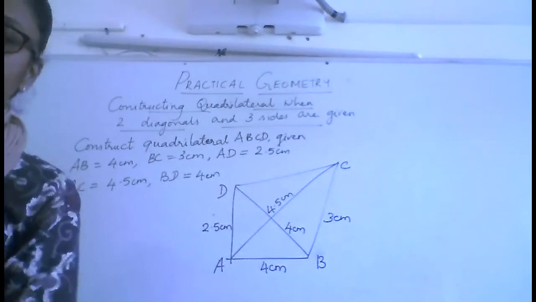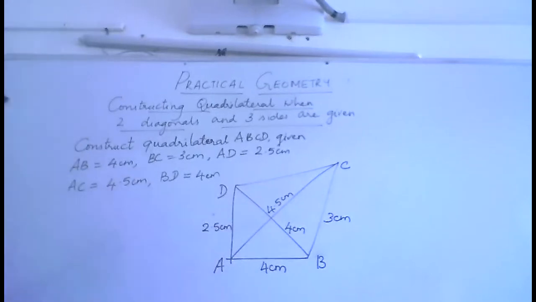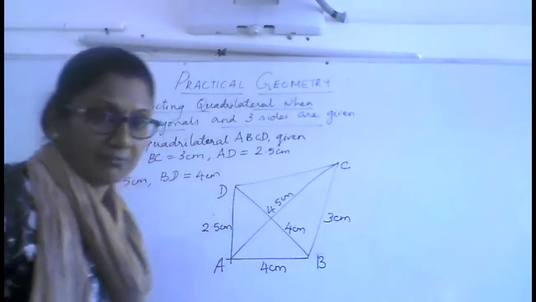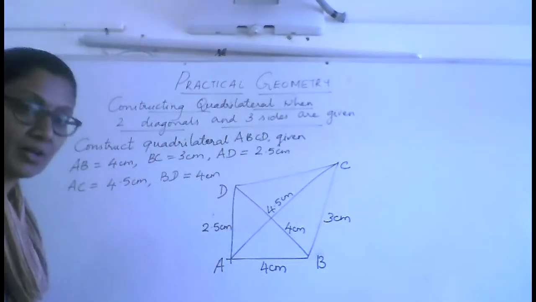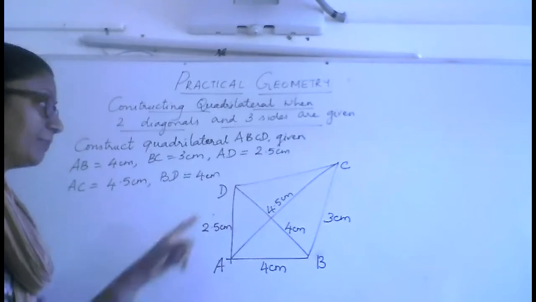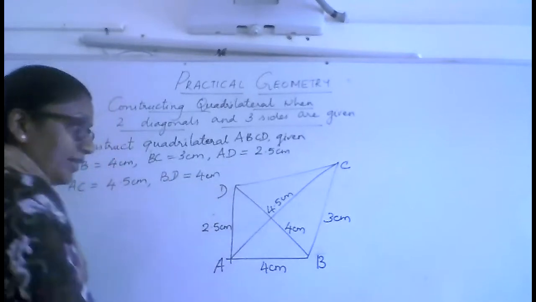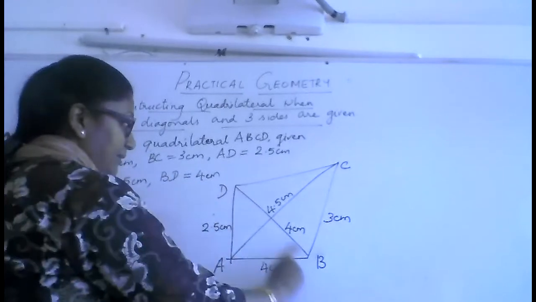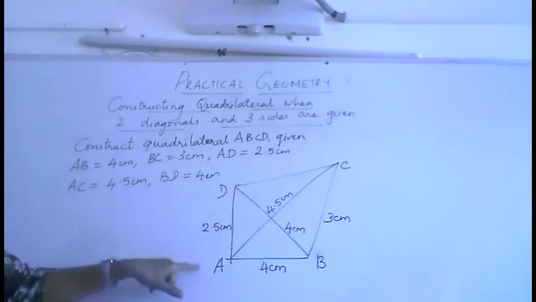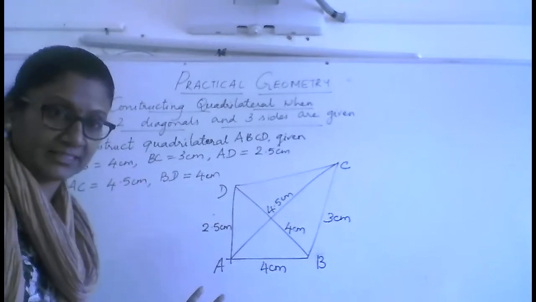So you have the rough diagram ready now with three sides and the two diagonals given to you. Now how are you going to construct this quadrilateral? Like we did the previous one, whenever you are constructing a quadrilateral when one or two of its diagonals are given, you have to remember to split it into triangles. So ABD is one triangle. First look at this triangle ABD. Are all three sides known to me in ABD? AD, AB and BD. So when three sides of a triangle are given, you know how to construct the triangle.